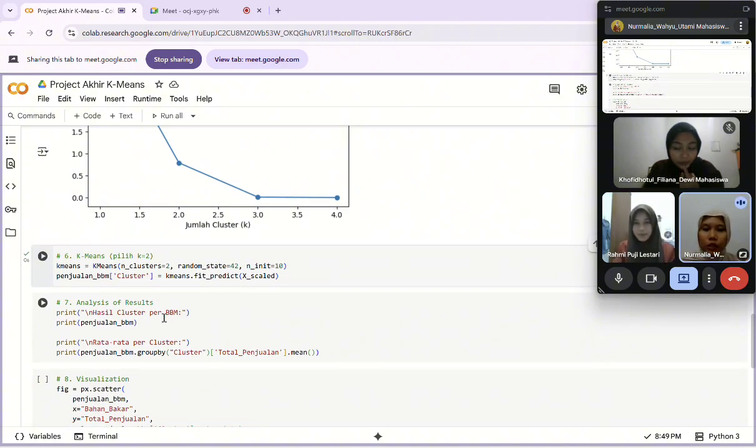The final step is to analyze and visualize the clustering results. First, we calculate the average total sales in each cluster to see the difference in characteristics between the groups. For example, the first cluster contains fuel with high sales, while the second cluster contains fuel with relatively low sales.